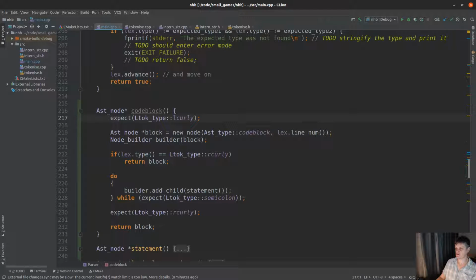So let's run ourselves through that. A code block starts with a curly block, excuse me, starts with a curly block. We create the new node up. If it instantly ends, then we return the block with no children added. Otherwise, we do this little expression. We add the child, we pass a statement, we add it to the builder, which just adds it to the children of the block. And then when we